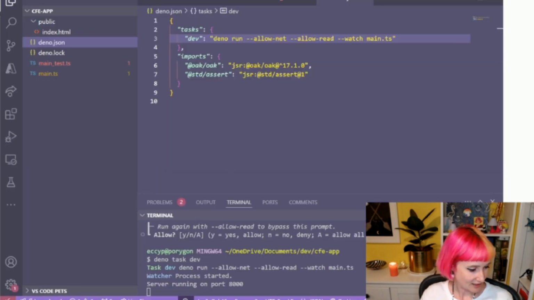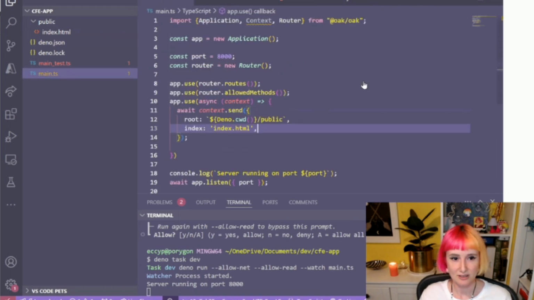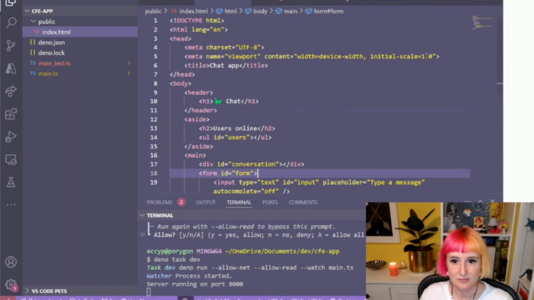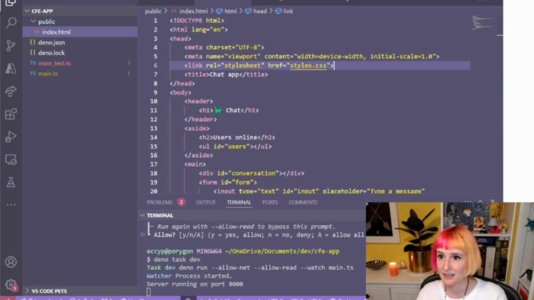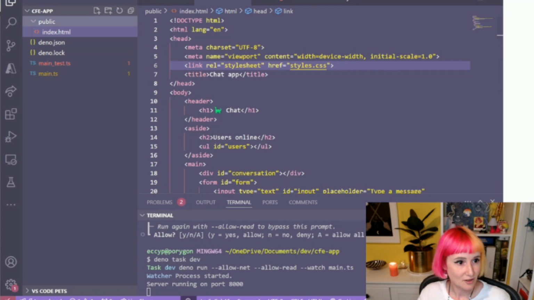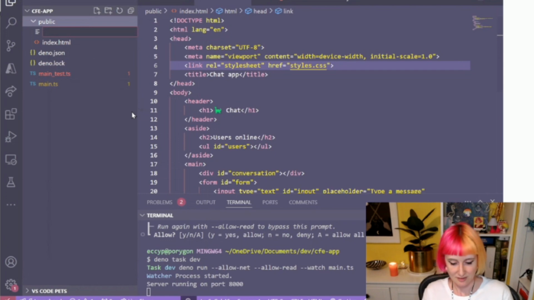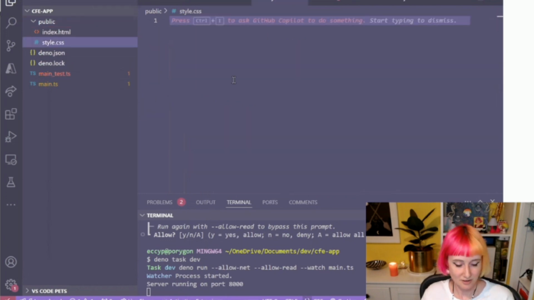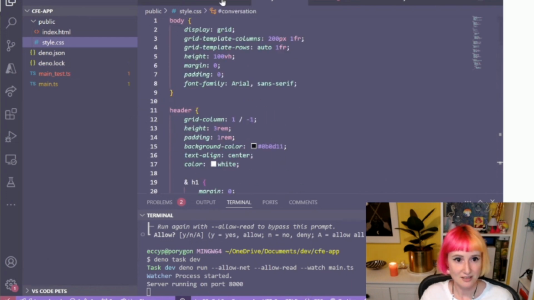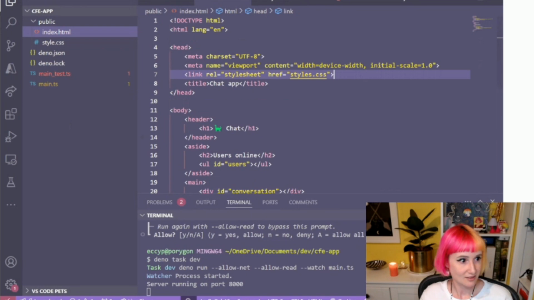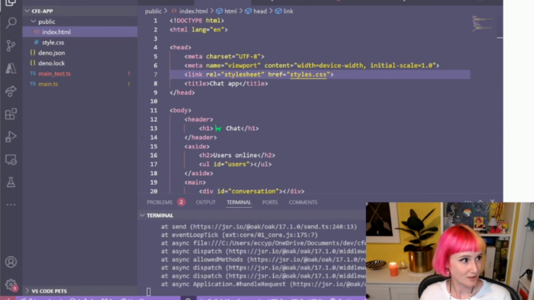So let's just quickly add in some CSS. This is going to be a here's-one-I-made-earlier situation. We can have a look through the CSS later if you would like to. So in here, I'm going to make not a new folder, a new file, style.css, paste in a bunch of styles, and if I refresh in the browser,